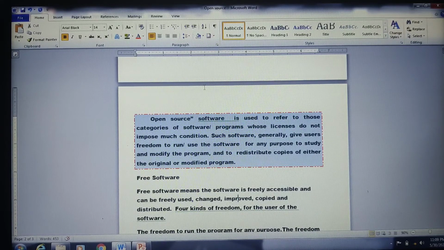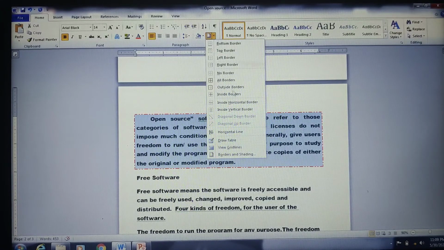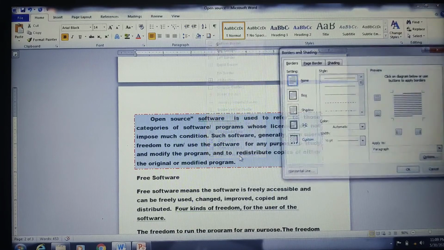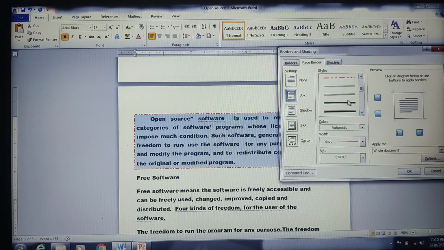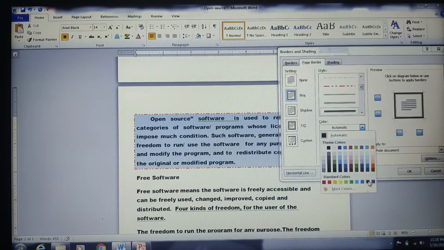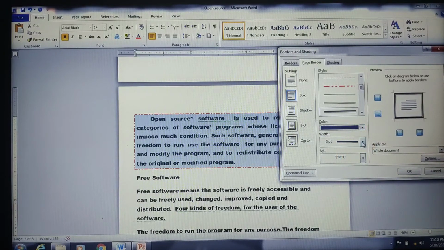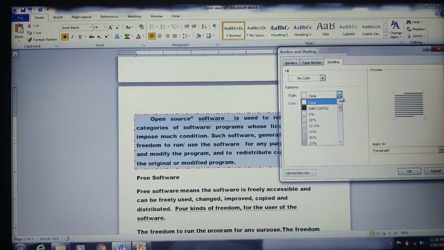When you want to apply the border, then you can go for the page borders there, under Borders and Shading. Okay, you can go for the page border option here. I'll choose it as a box here, but this time I'm going to use the thicker border and choose a different color, navy blue. I'll take it, and the point size, if you want, you can increase or decrease it, that's left to you. And for the shading, you can go for 5%, how much ever color you want.